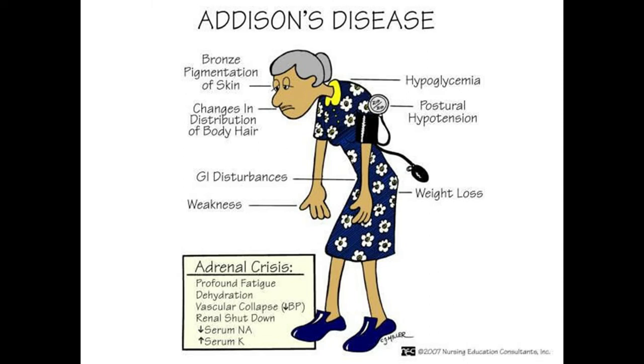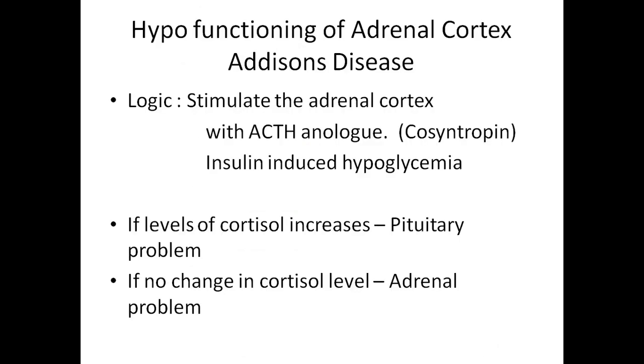Now let's get down to Addison's disease. Addison's disease is caused by decreased production of cortisol. Cushing's disease was excess production of cortisol; Addison's disease is decreased production of cortisol. Here also the problem could be one of the same two things. Either there could be a problem with the pituitary, that it's not producing an adequate amount of ACTH, or it could be a problem with the adrenal cortex, which is not able to produce cortisol.